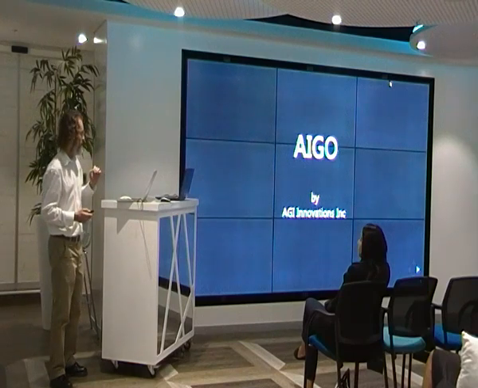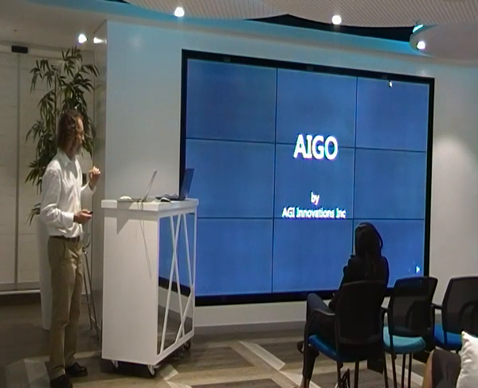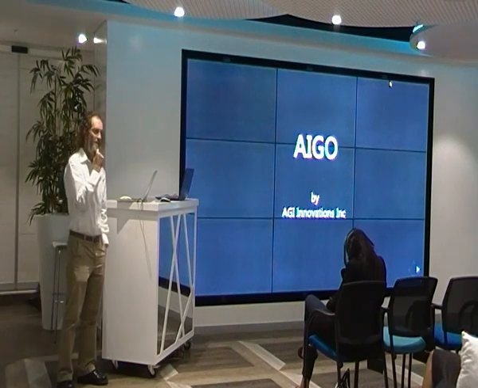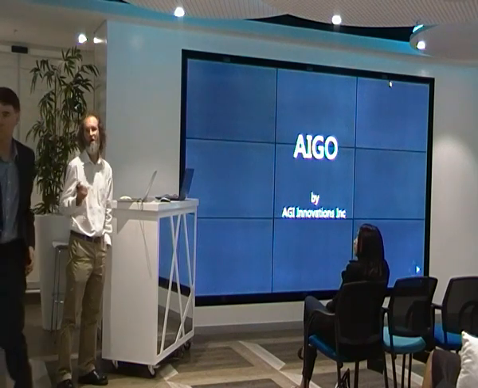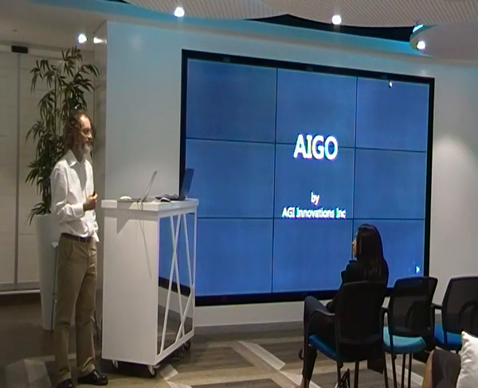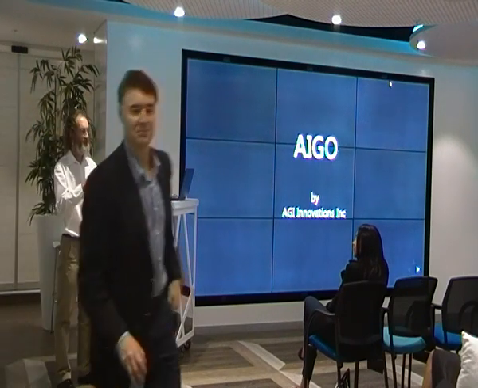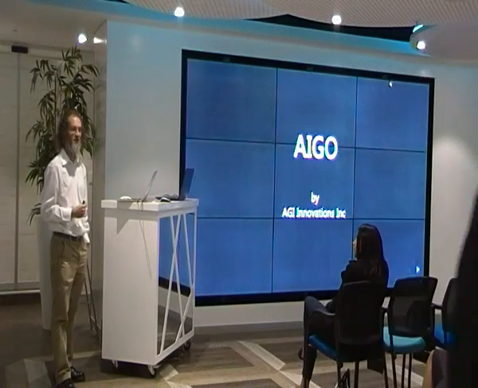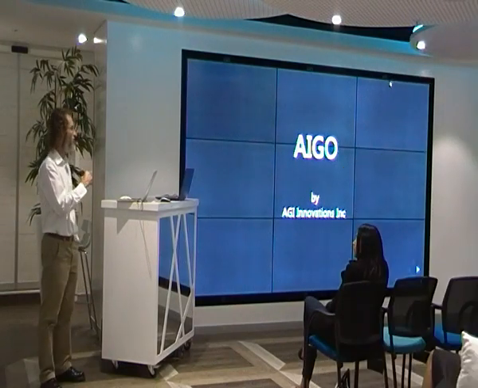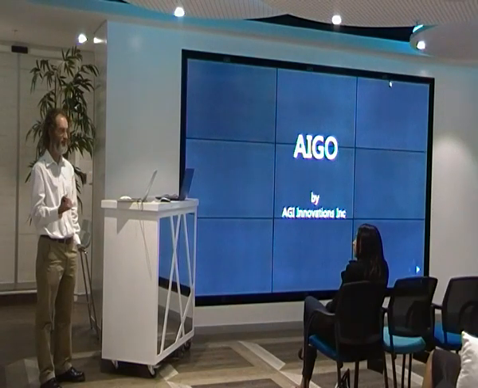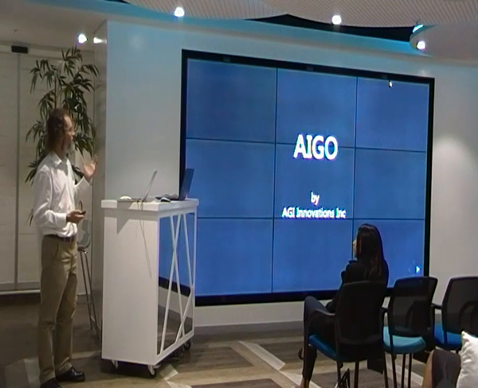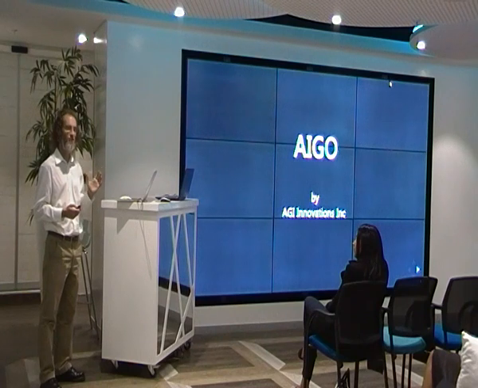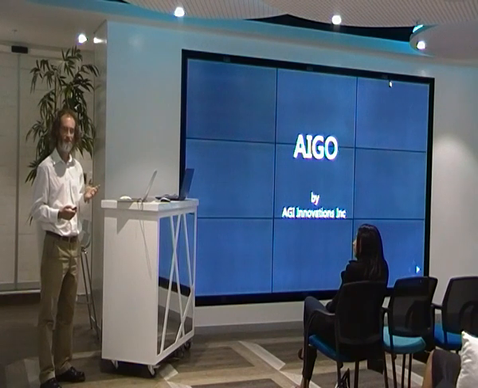There's a company in Los Angeles called Agile Innovations, and they've been working on an AI system for about 15 years now. And I visited them, and I was very impressed with what they're doing. So I asked if I could show an internal demo that they made here, just to give you an idea. Because what they're doing, as far as I know, there's nothing else in the world that compares with it currently.